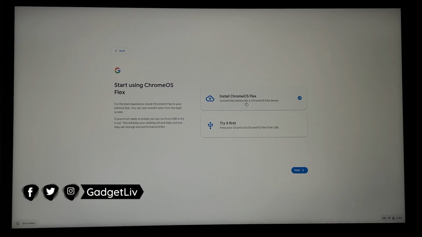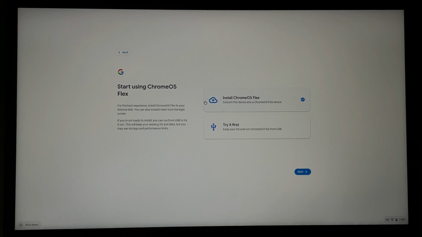The first option will install Chrome OS Flex on your device. Use this option if you want to make Chrome OS Flex the main operating system on your PC or laptop. This option will also wipe out your entire hard disk, so make sure you back up all your data before